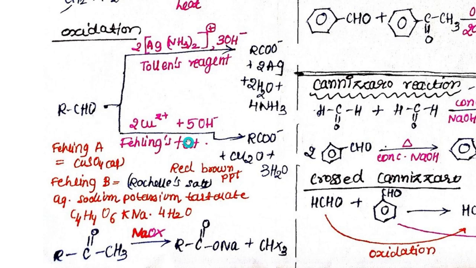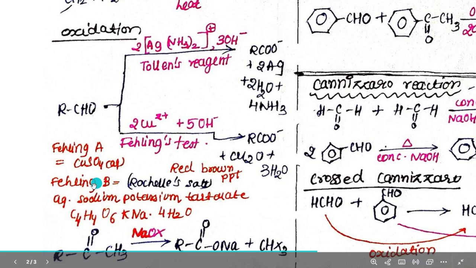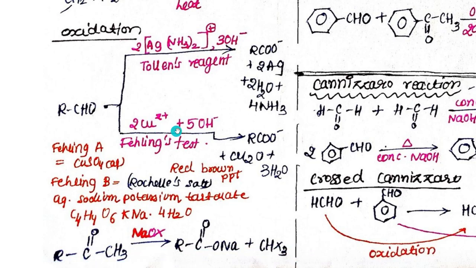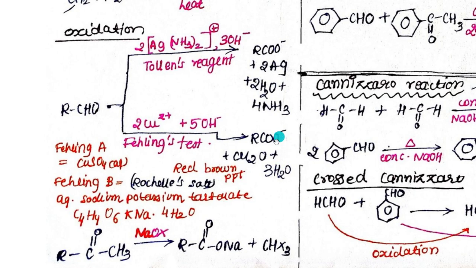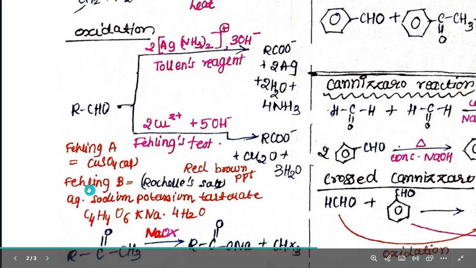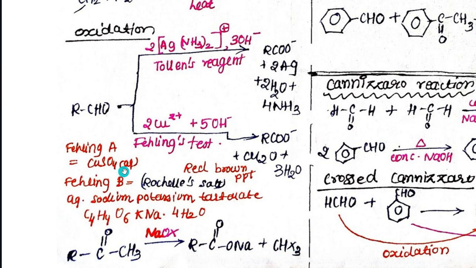Now coming to Fehling's solution, after mixing we get 2Cu2+ plus 5OH minus, which will give us RCOO minus plus Cu2O plus 3H2O, where this Cu2O is a red brown precipitate. Now what is the Fehling solution? Fehling solution consists of Fehling A and Fehling B, where Fehling A is CuSO4 in aqueous form, and Fehling B is Rochelle's salt, which is aqueous sodium potassium tartrate. This is the formula,